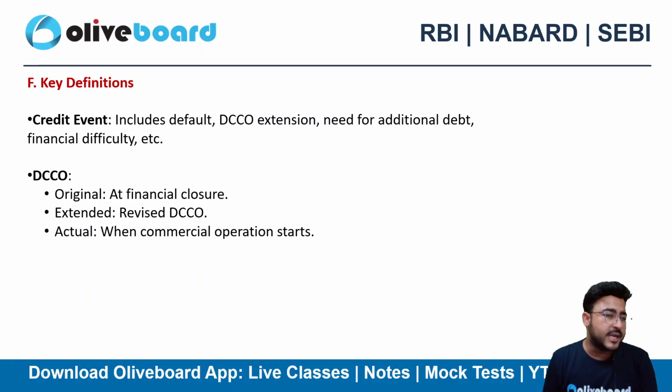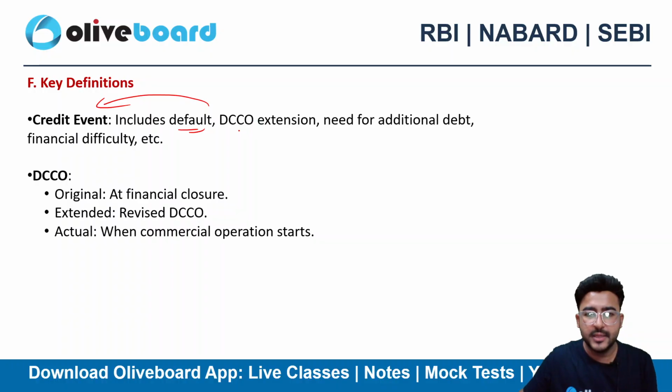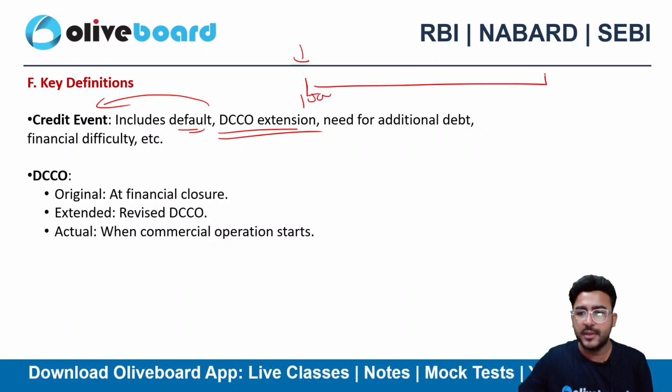Now there is credit event. So credit event means default, any kind of default, right? What do we call default here? We call it a credit event. DCCO extension, let's suppose you are starting your project on 1st of January, however you are